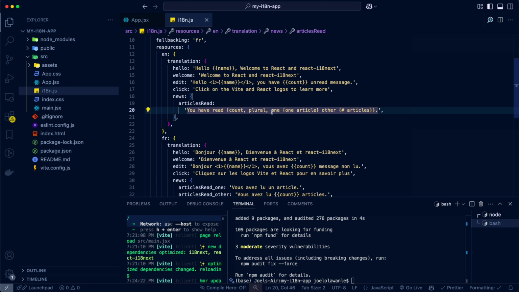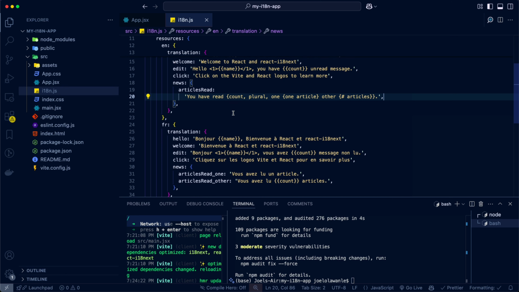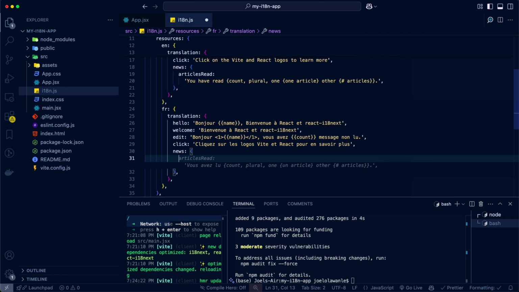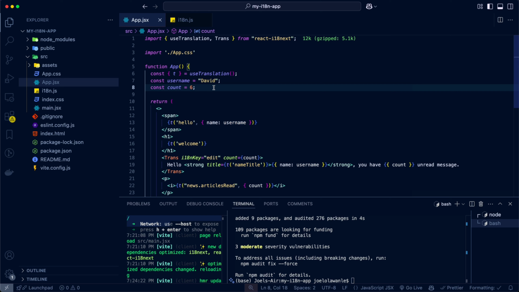If it is one, it's going to say one article. Then for other, it's going to say the count and articles. It's just having it all in one. You can also adjust this depending on what you want to use, but I'm just showing you the various ways. So with 6, when we go back,